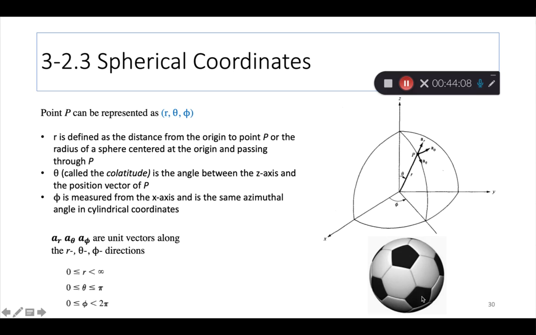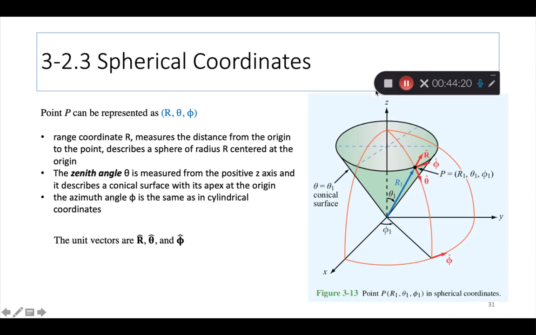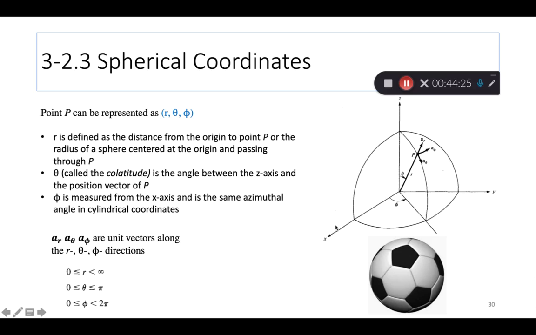Spherical, we think of the situation where we are discussing like a soccer ball, right? So here, this is a little piece of the soccer ball, right? What you're seeing. You can complete the drawing, which you can see here in other figures. But again, this is from another textbook. I brought this here to illustrate to you that the same point on the tip of the soccer ball or the surface of the soccer ball is now represented using one distance r,